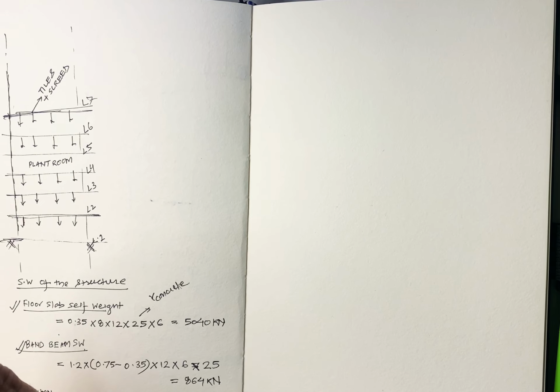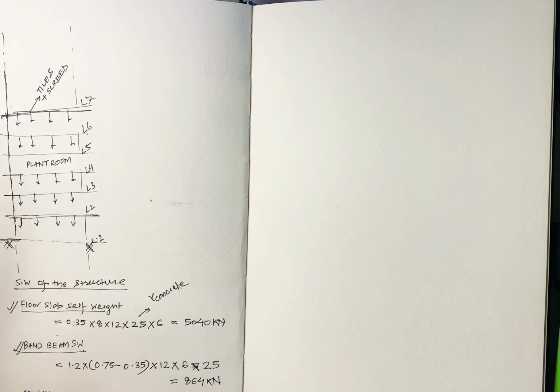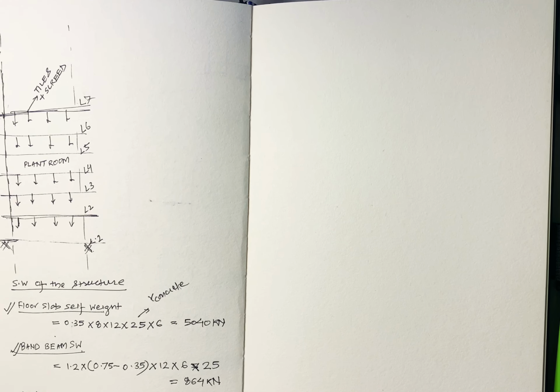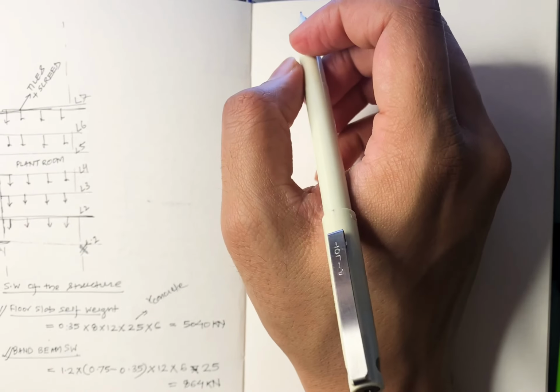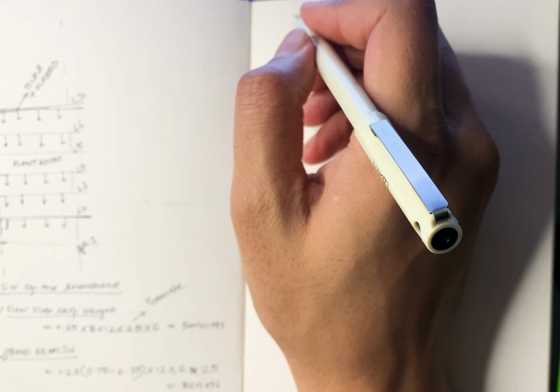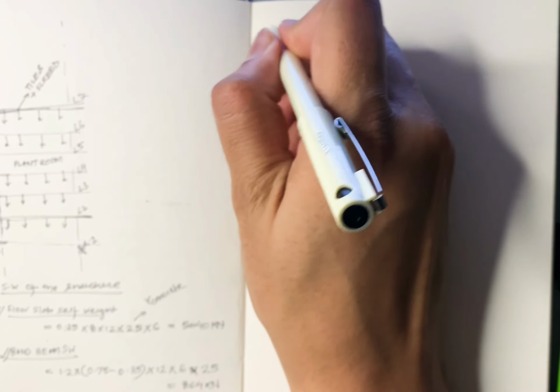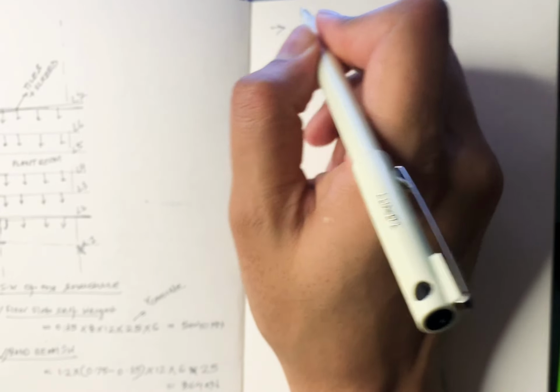Now, so this part is done. Now the other thing is that services are really important, so we need to incorporate the services loading. It's very easy. First we need to calculate where we have false ceilings and where we have building services, all those things. So for now the basic things that I would like to explain is